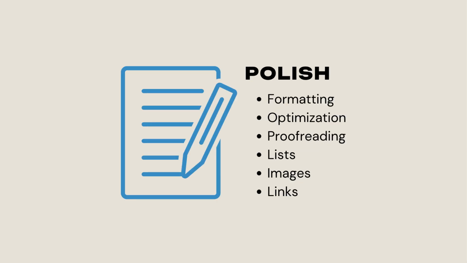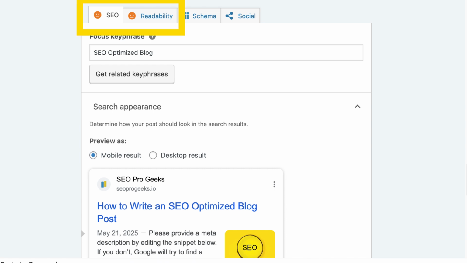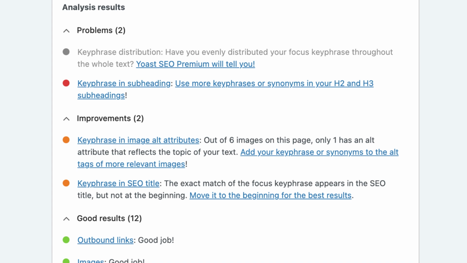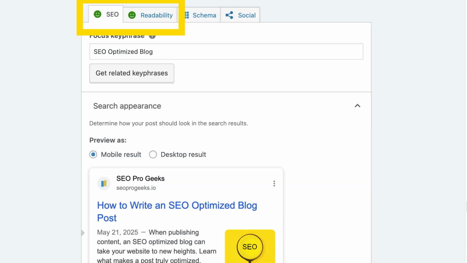After writing a first draft of a post, go back to polish the formatting and the organization, move things around, make it work, proofread and add things like lists, images, links. We like using WordPress paired with the Yoast SEO plugin prior to publishing. The orange, not so smiley faces tell us that we have some work to do when it comes to SEO and readability. And Yoast will tell us all the things that we could be doing to improve. Once we've addressed them, we get the smiley faces to turn green, and that tells us that this post is more or less fully